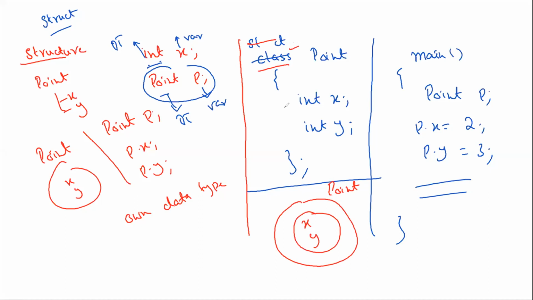But now when you write a class, there are a few things that will change. What are those? With the structure we were able to directly access this x and y from the main. When it was a structure, you were directly writing in the main p dot x, p dot y, these two statements. But when you are using a class, I told you in the beginning that we don't want this, right? We do not want direct access to our data. We want to restrict it. So if you are using the keyword class, this would not be allowed. And why this would not be allowed,